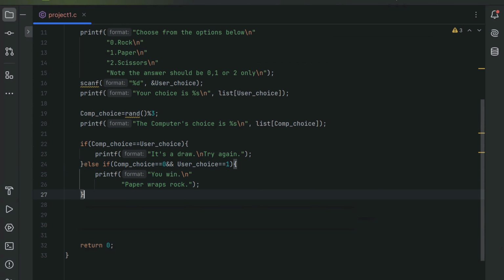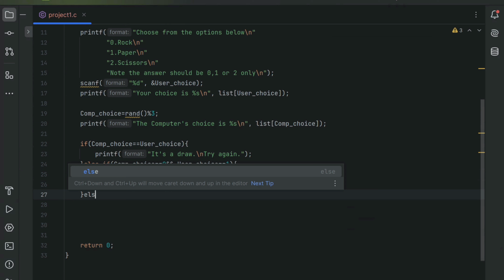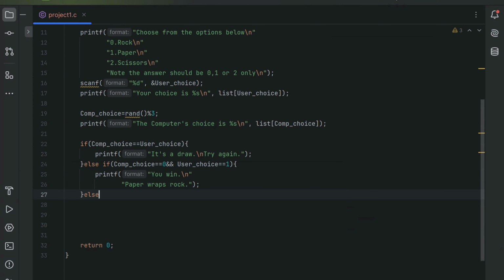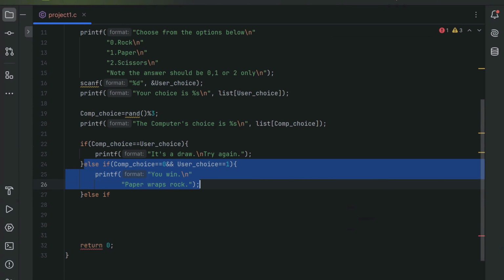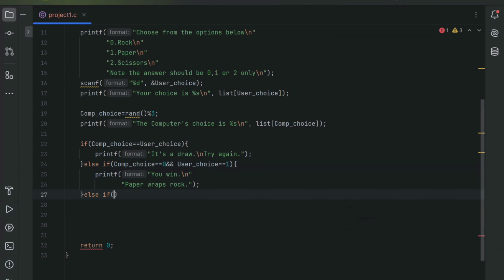Now let's continue. Else if, let's first copy and paste this, because you're going to repeat it over and over again. Copy and paste, just see. If computer choice is equal, now we are going to do the opposite. If it's equal to 1 and user's choice is equal to 0, then